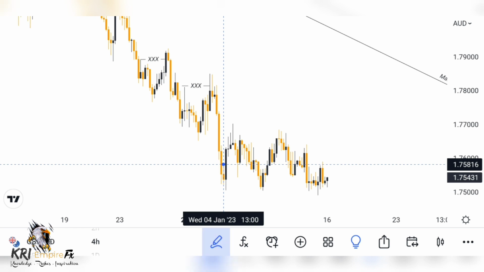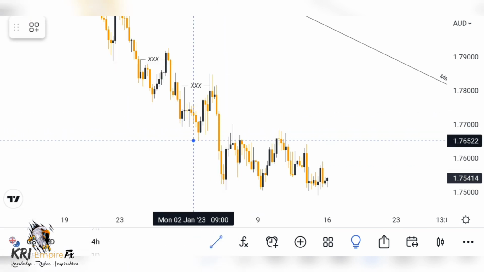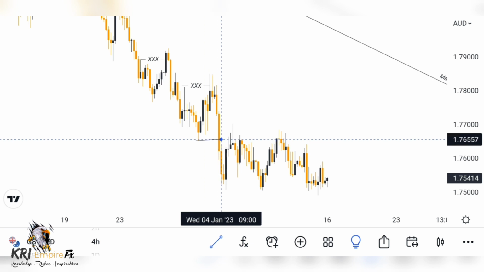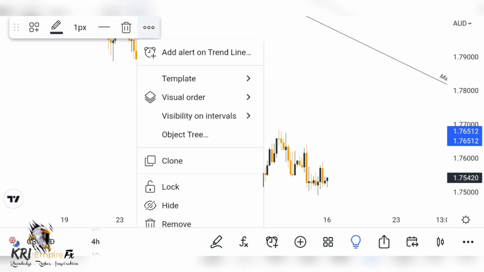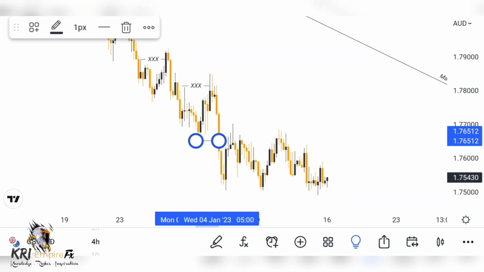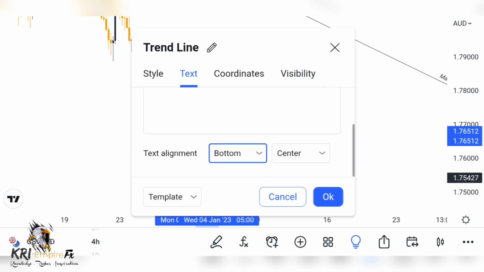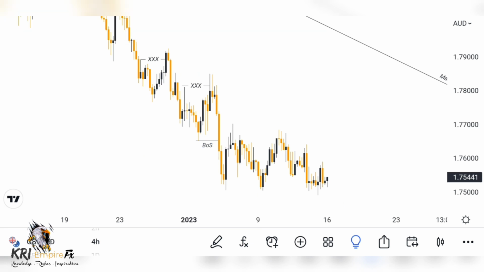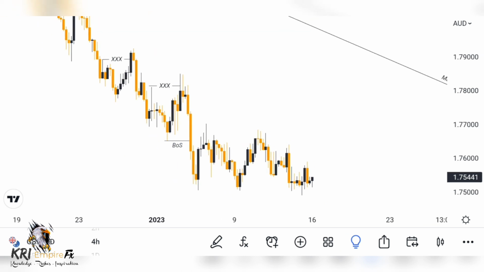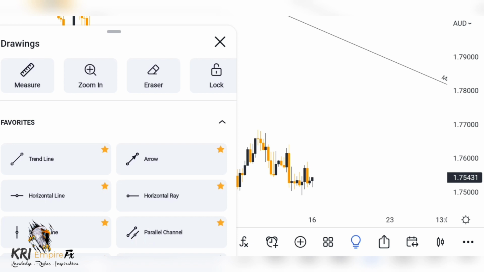Again, we can mark this area as our break of structure, like so. It's our break of structure. After breaking structure, now you can see that